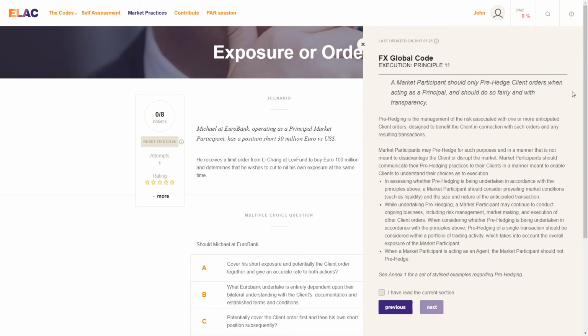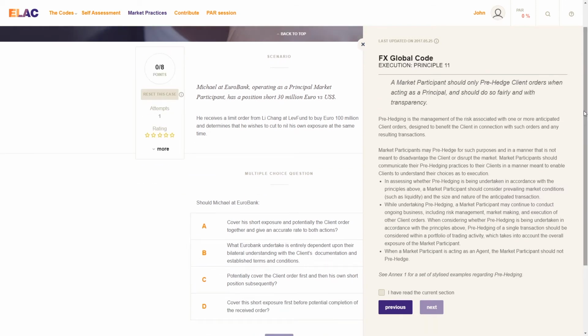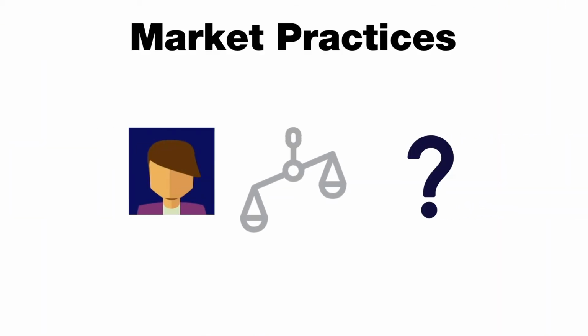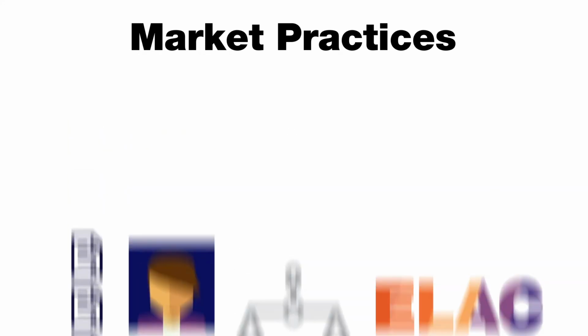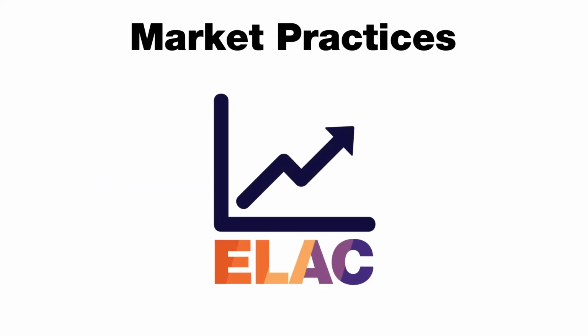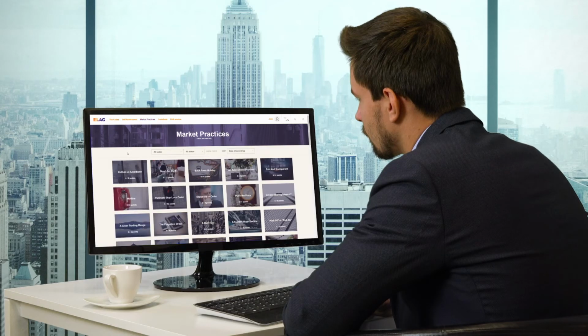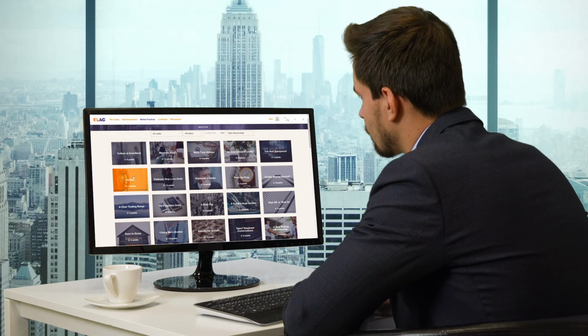Frequently embedding various principles, these scenarios are built by market participants with vast experience in a variety of roles in financial markets, therefore bringing their expertise to the benefit of the ELAC users. Understanding those scenarios will enhance your proficiency level and keep your standards high, whilst allowing you to potentially understand circumstances where the codes provide clear guidance of how their good market practices should apply in practice.